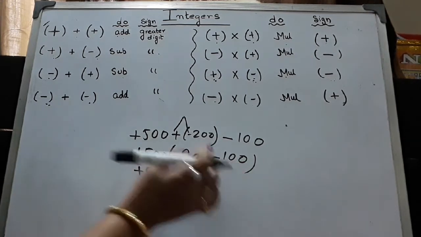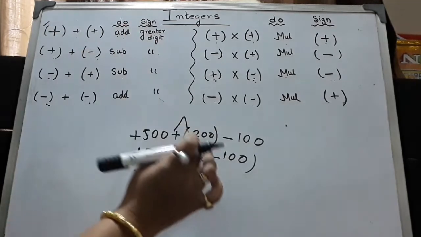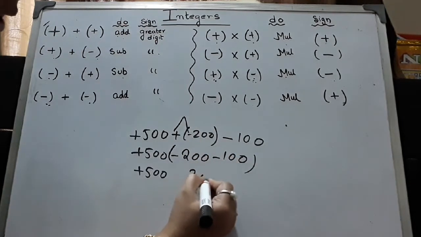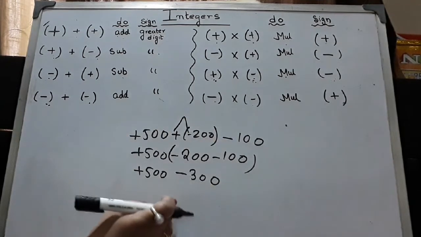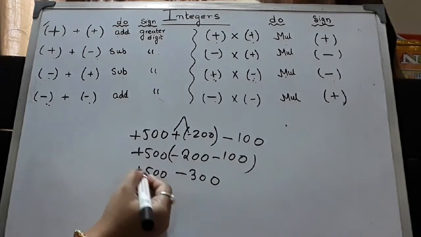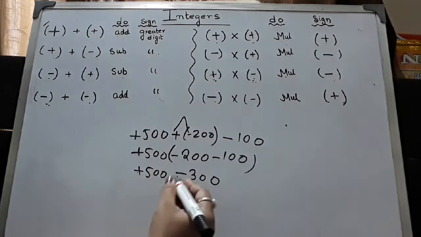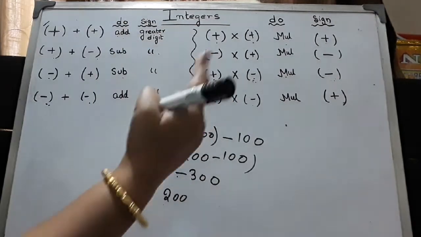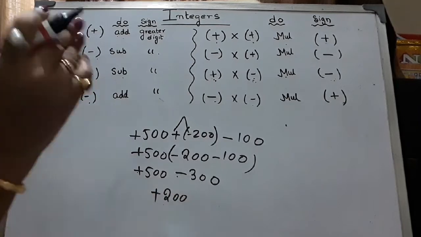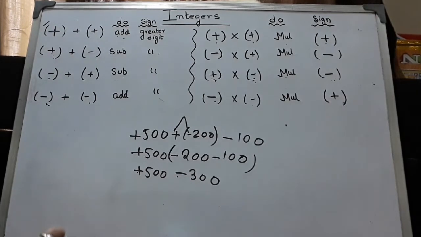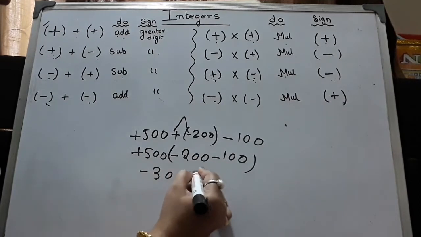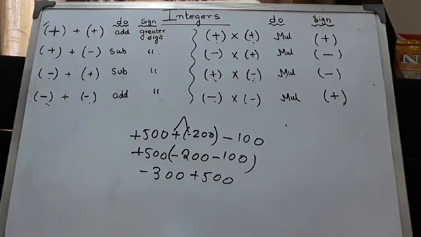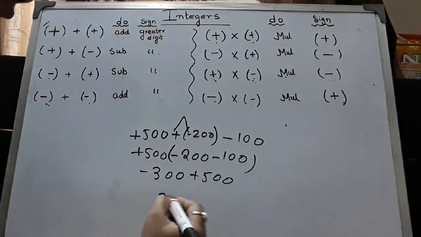This much, minus minus, you know minus minus, you have to add. So 200 plus 100 is 300, with the sign of the bigger number. No need of doing step by step. Try to make the steps fewer. So plus minus, you have to do subtraction. In your mind you will do the subtraction and put the sign plus. Some people I have seen like that. Now suppose this 300 is written this side, minus 300 and plus 500. I have seen that minus plus, you have to do minus, so people do it in this way.